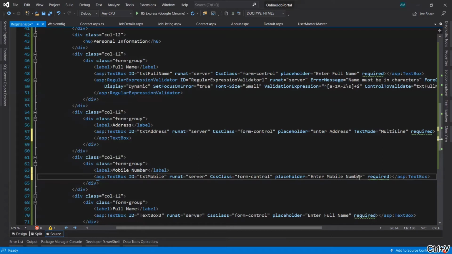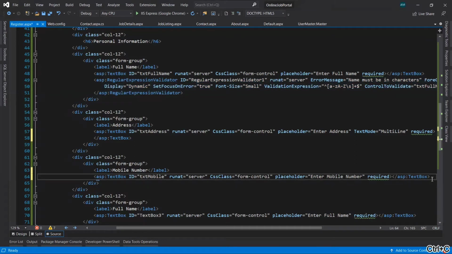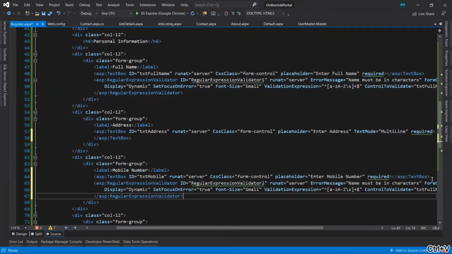Now again we have to take a regular expression validator, like for the mobile number, that it should contain only 10 digits. So for that I am just copying the previous one and pasting it after this text box.